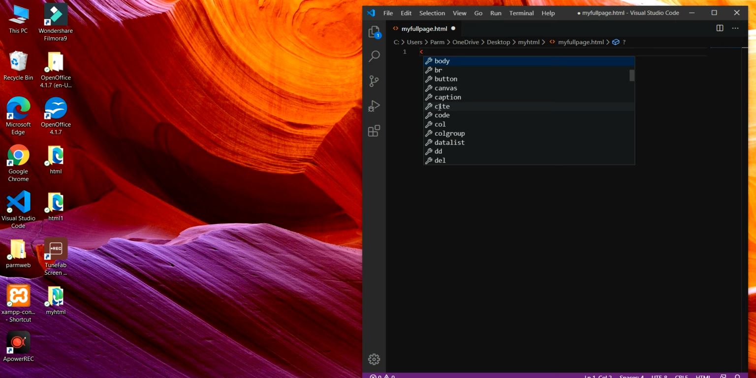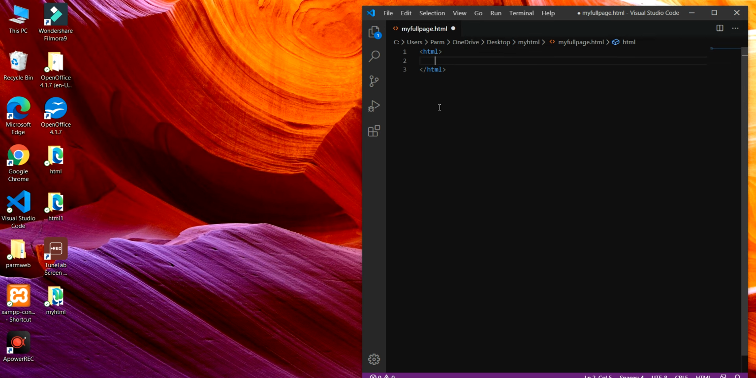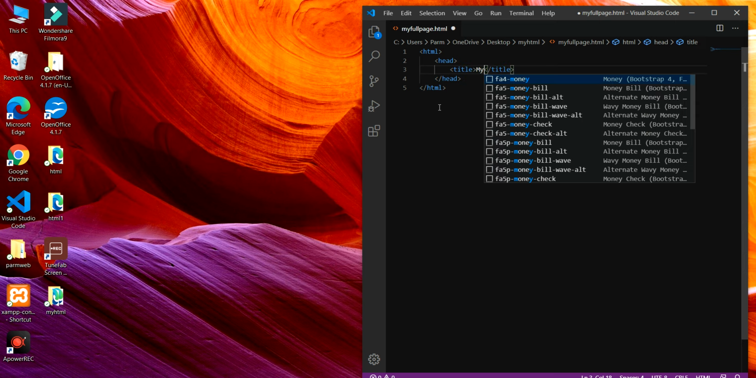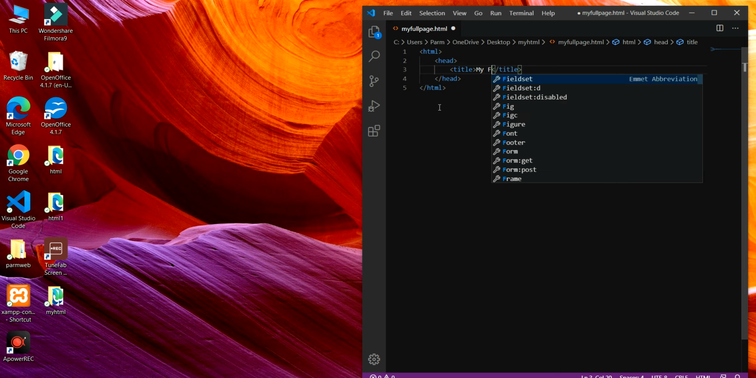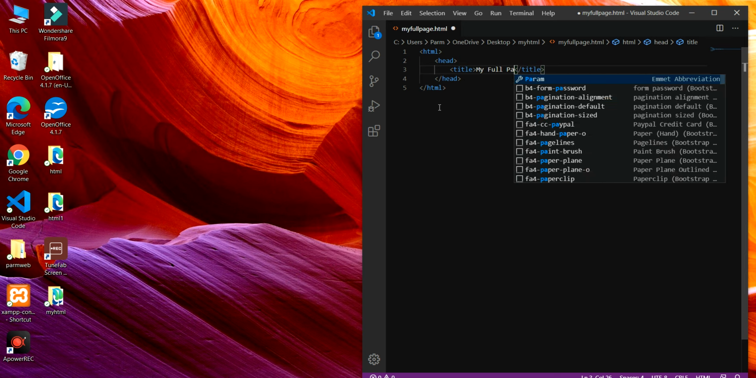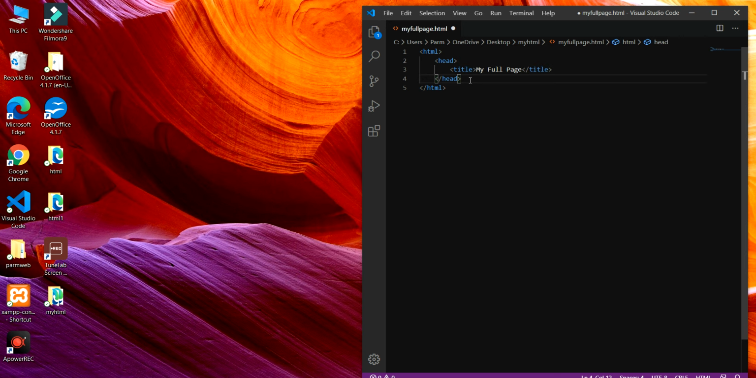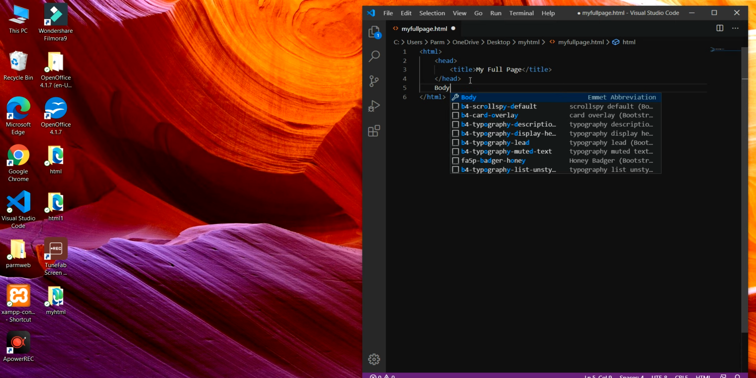First element, in order to create the HTML page, I have to use the HTML element. Then within the HTML I have to use head, and in the head element I have to use the title element, and I have to give the title of my page, my full page. Okay, now after the head of the HTML document I have to write the body